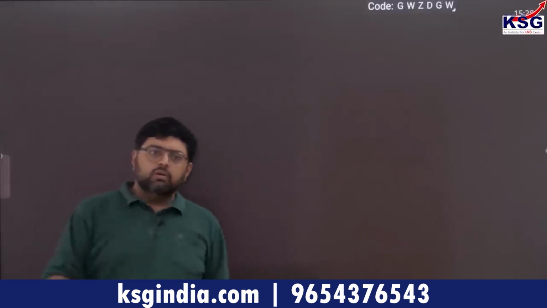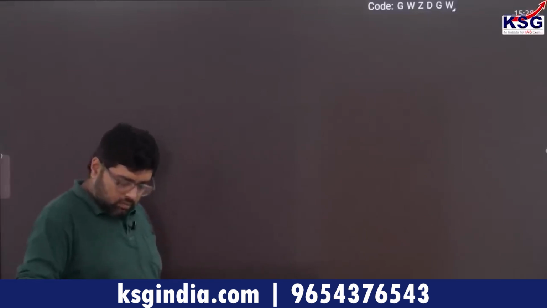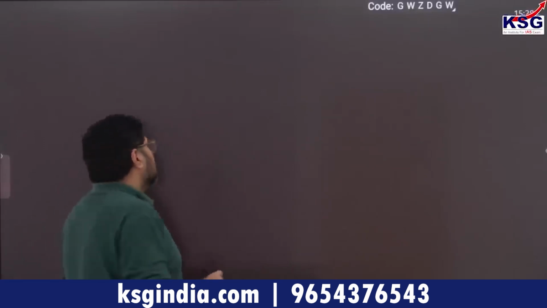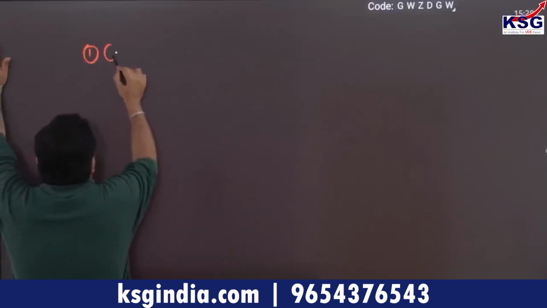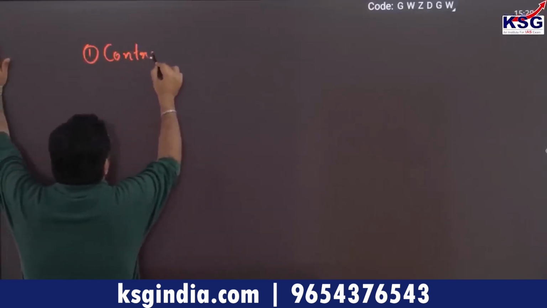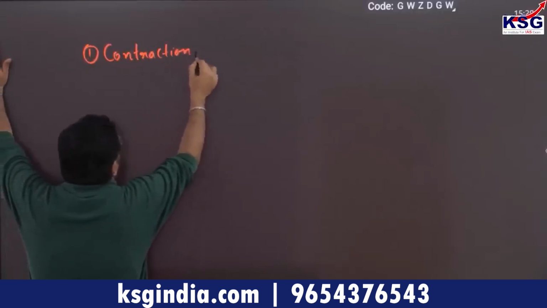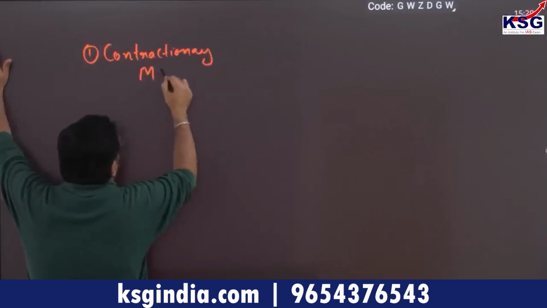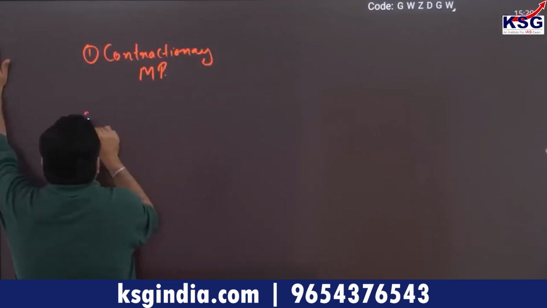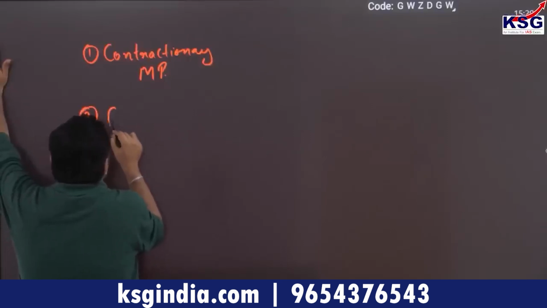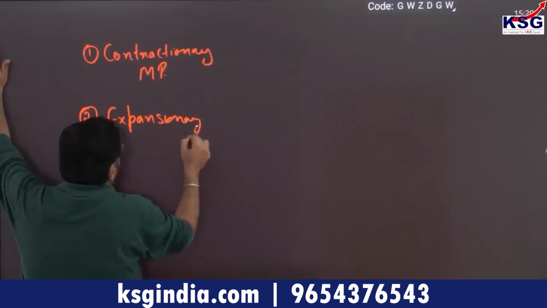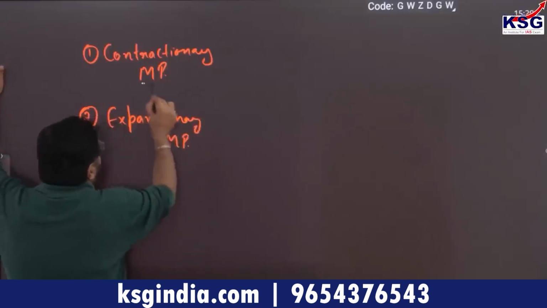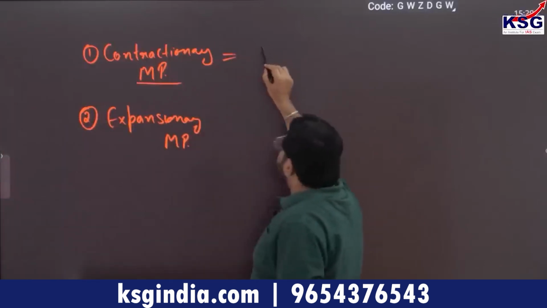Okay, moving further, we'll see the types of, you can say, monetary policy. So there are two types. One is contractionary monetary policy and another is expansionary monetary policy. Now in contractionary monetary policy, the intention is to